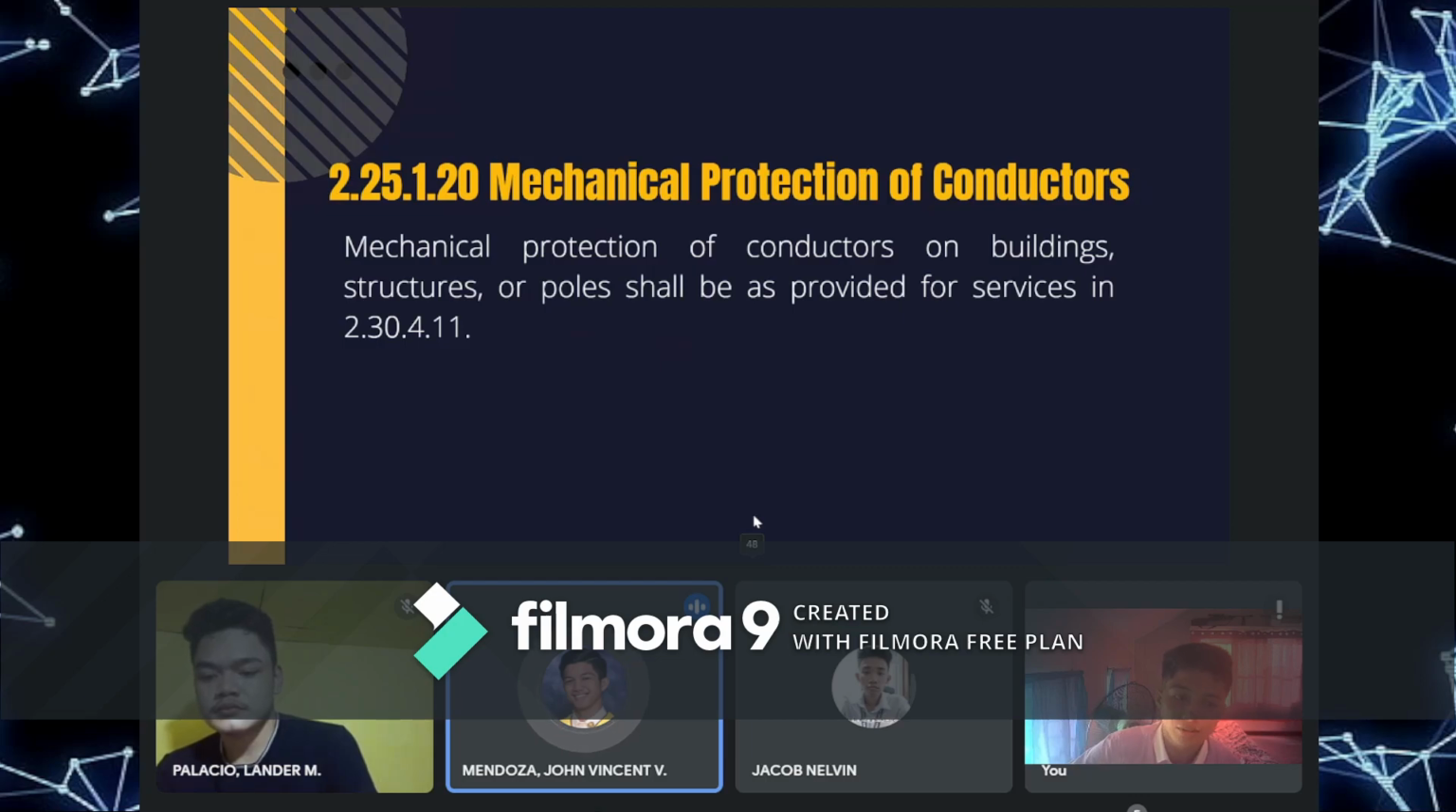2.25.1.20, mechanical protection of conductors. So ano nga ba ang mga mechanical protection? Ito yung mga insulators or mga clamps or conduit. Ito yung mga nagpro-protect sa wire natin just in case na magkaroon tayo ng storm or any physical forces. So, mechanical protection of conductors on buildings, structures, or poles shall be provided for services in